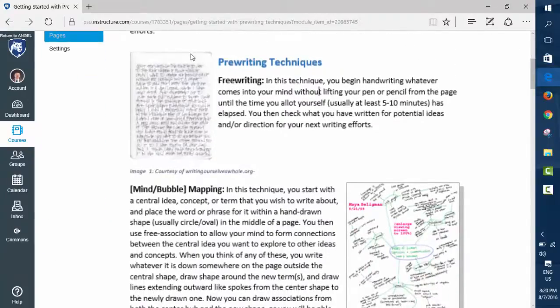But this kind of stuff here, where you have a layout, takes a Herculean effort. You can do this in Canvas, but you have to end up making a table or something to try to fit in an image and text in the same row.